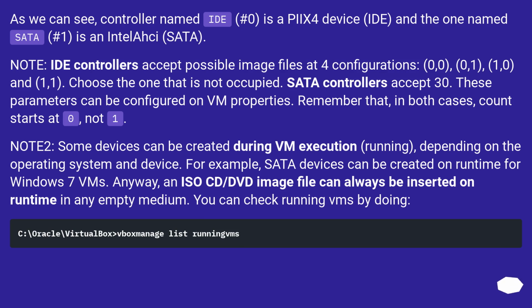Note 2: some devices can be created during VM execution, while running, depending on the operating system and device. For example, SATA devices can be created at runtime for Windows 7 VMs. Anyway, an ISO CD/DVD image file can always be inserted at runtime in any empty medium. You can check running VMs by doing: